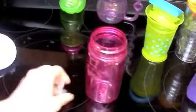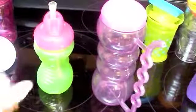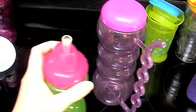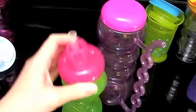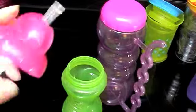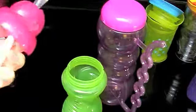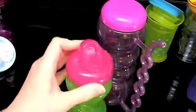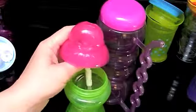The next option is straw cups, and I am not a fan of these, even though I am a speech therapist, and most speech therapists do recommend straw cups. But they are a pain to clean, and they get all kinds of bacteria up in there. This one, for instance, you have to pull it out. There is actually another piece that goes on top of here that flips over and keeps it from leaking